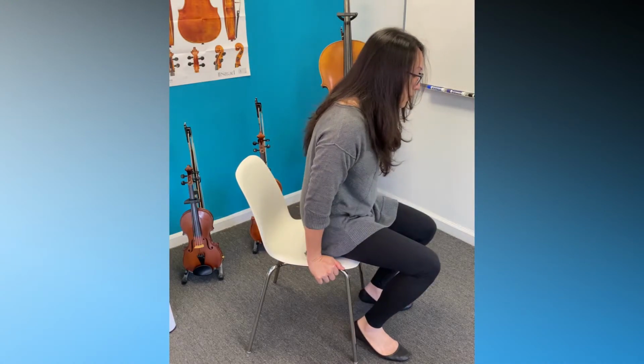So it's very important to let the backs of your thighs hang off the edge of the chair so that you can really feel the sits bones supporting all of your weight. So now that we've addressed the position of our hip flexors as well as feeling the weight of our sits bones, so we don't have to engage the lower back and the abdominals,